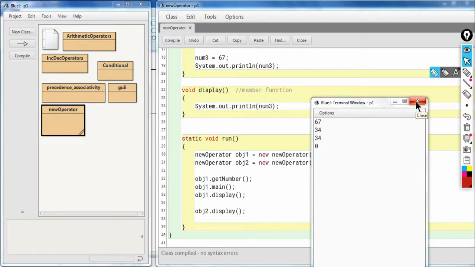Okay, so this is how you'll use the dot operator for calling the functions.